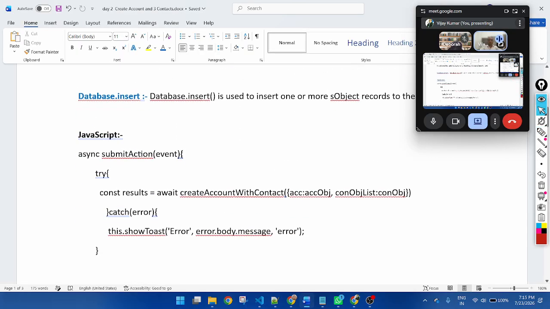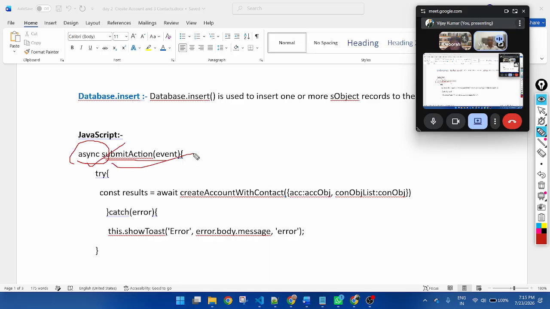Let's go down. First, in the JavaScript part, here you can see there is a submit action function. Before the function, we will use async. We always apply async before the function or method. This is a method of the JavaScript. Before the function, we will apply async. And where will we apply await?